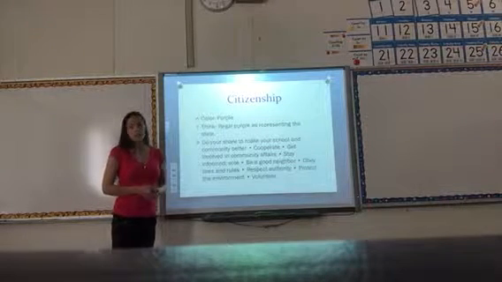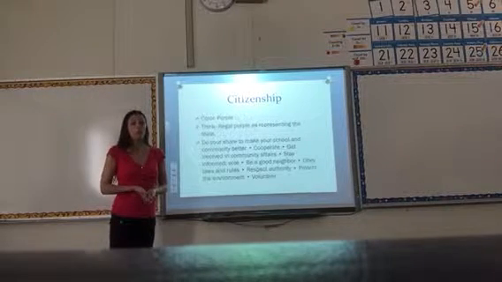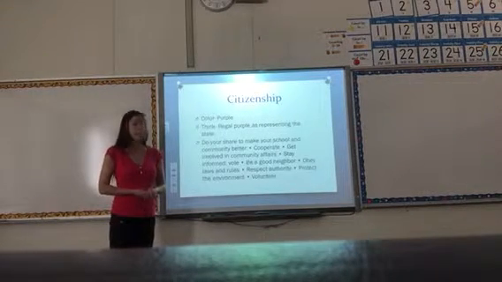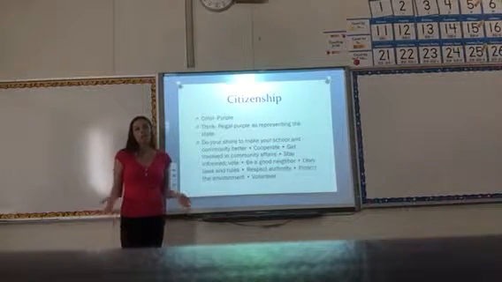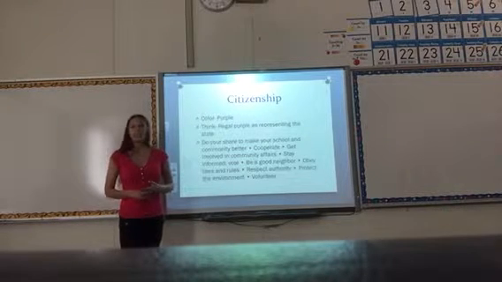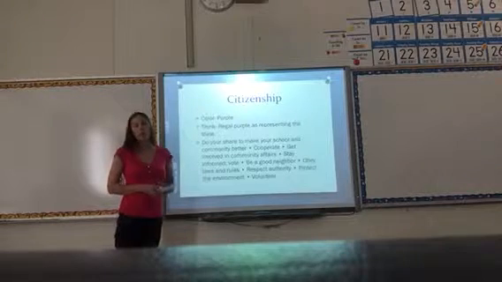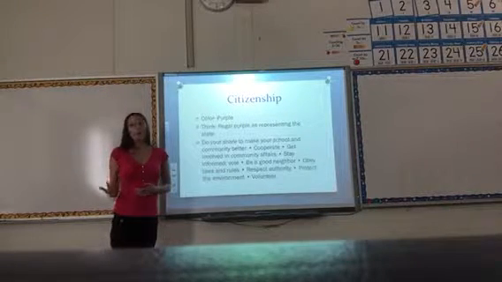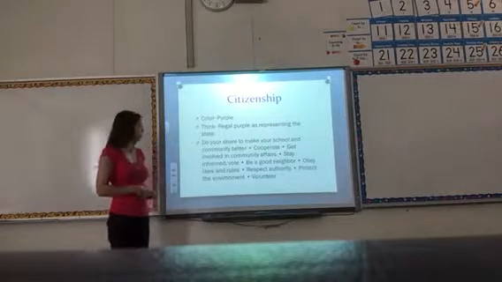So good things to do at school, you know, having a school garden where the kids are learning how to take care of it and show their pride. Things that they can get involved in their community, certain events or parades. Being a good neighbor. If they know they have an elderly neighbor, they can help them do certain things that they're not able to do anymore. Obeying the laws, you can talk about certain laws that we have to protect us and keep us all safe.